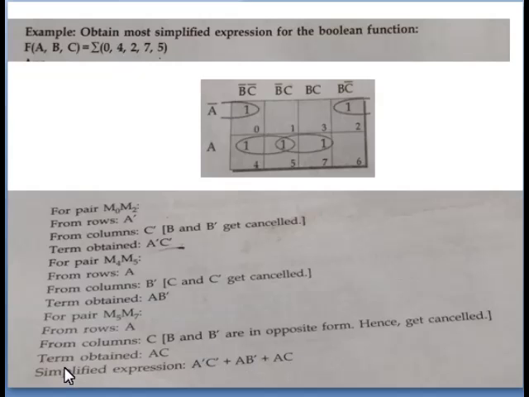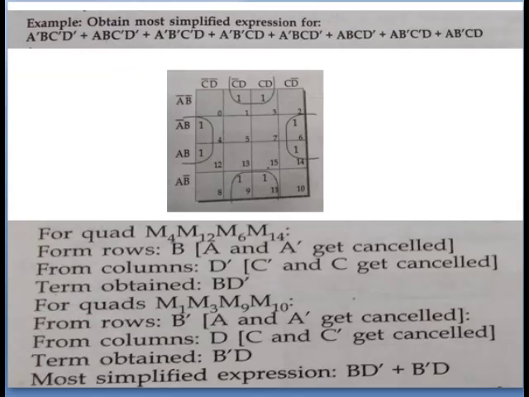Students, now we are going to see another expression. Obtain the most simplified expression for this expression. They give all the terms here. So this is an A, B, C, D, 4 variable K-map. The first 2 variables for the rows and the second 2 variables for the columns, and you mark the cells 0, 1, 3, 2, 4, 5, 7, 6, 8, 9, 11, 10, 12, 13, 15, 14. Okay. Then according to these terms, we have to put ones in all the corresponding cells.